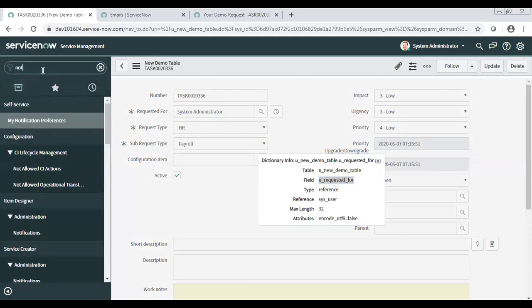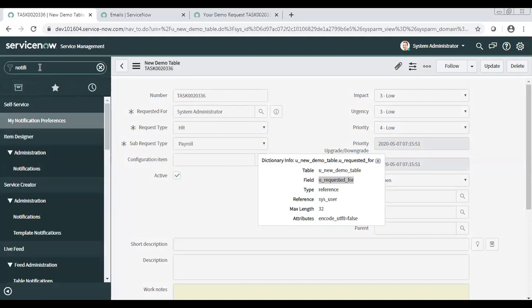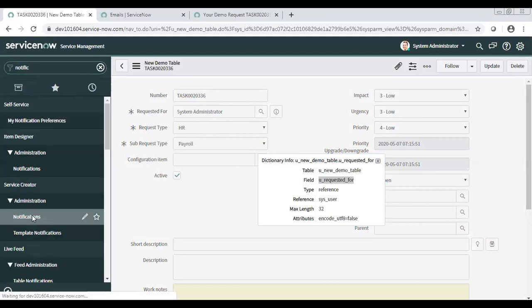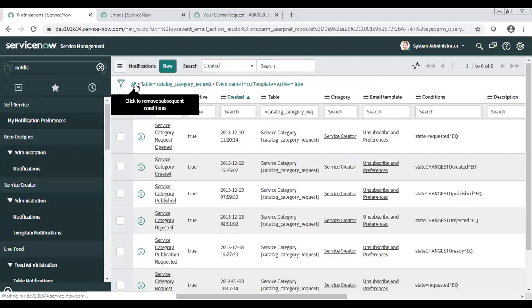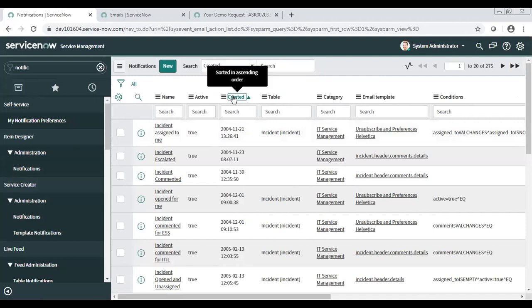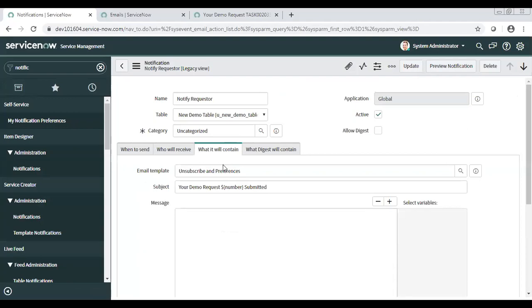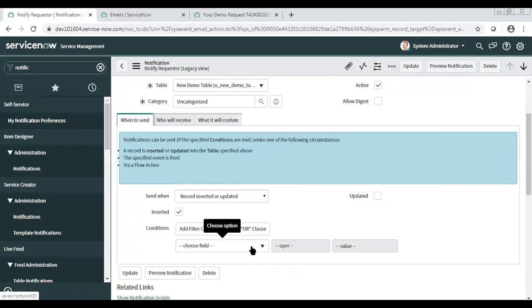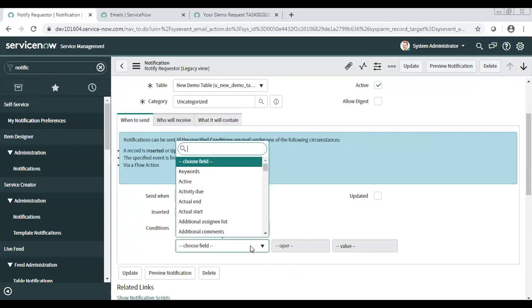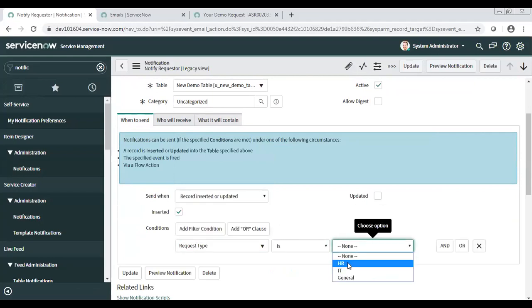Let me go to the notification. Okay, when to send, and the condition here, right? So if I add the condition request type is HR, then this notification will trigger for HR type requests only. What about IT in general? There will be no notification triggered.